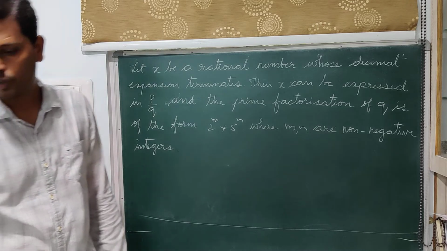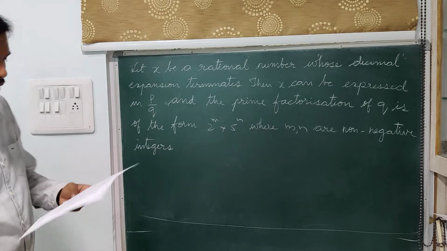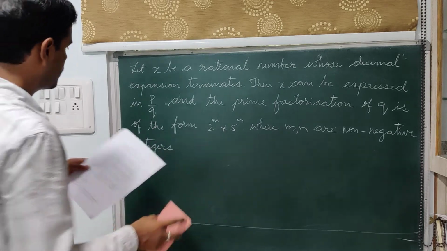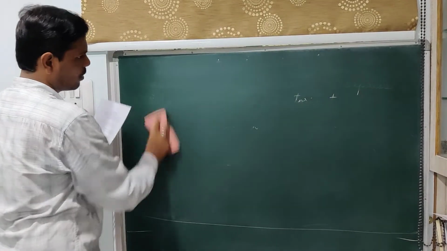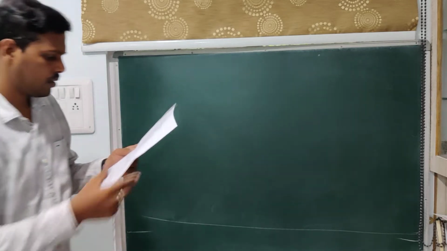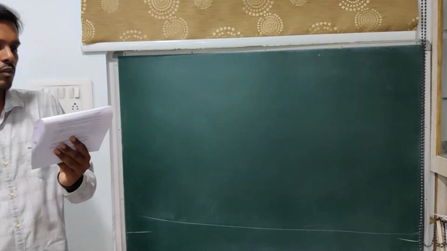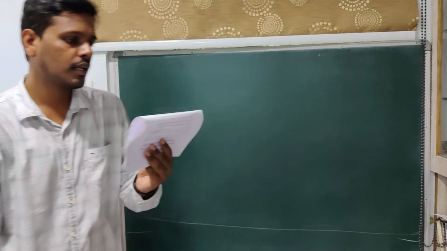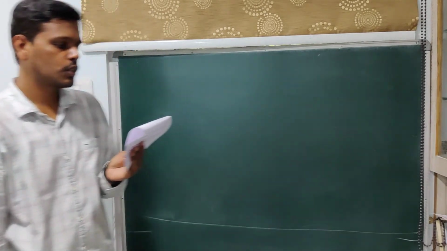Now let me also move on to some of the problems that I have posted in your worksheet. I will not be dealing with all the problems, just to give you a fair idea of how to solve them. I will be doing one or two, so that on the same lines you will be doing the remaining problems. So look at the fifth Roman numeral. Write the denominator of the rational numbers in the form 2 power m into 5 power n, where m and n are non-negative integers. Hence write the decimal expansions without actual division.